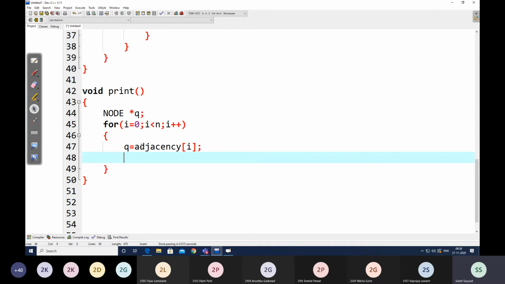Next, what will we be doing? Yes, can anyone tell me? Anyone? For traverse, we have to do a simple traverse. Nothing new I am teaching you.